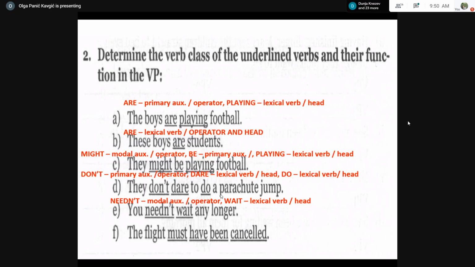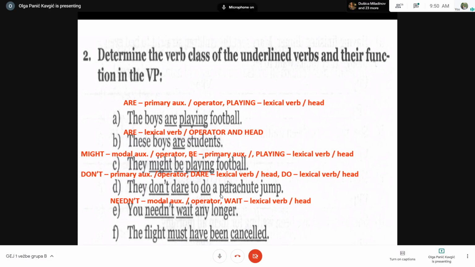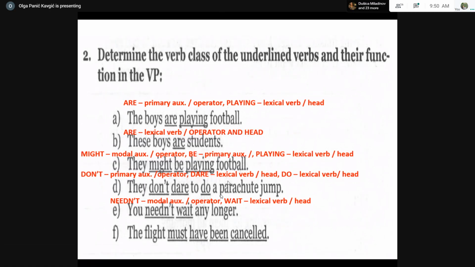And the last one. Okay, Jovan Lazičić. The flight must have been cancelled. Let's start from the head of the phrase. Where is the head? What's, let's say, the main verb? Have. Is it have? Is it really the main verb? Would you say that cancelled? Cancelled. So it is the carrier of the meaning. It is actually the main or lexical verb. It is the verb which all other verbs somehow just help or aid. Okay, so cancelled is the main verb or the head of the phrase.